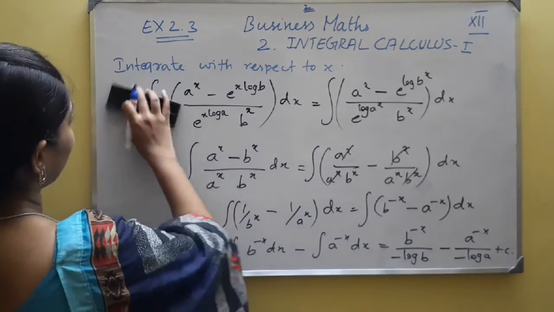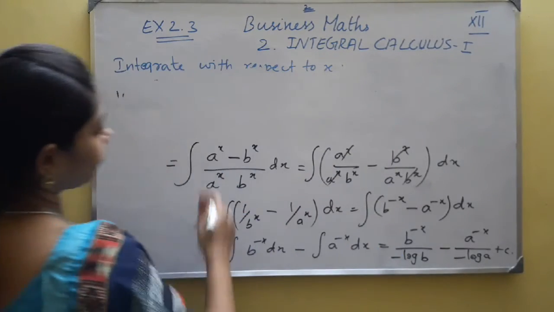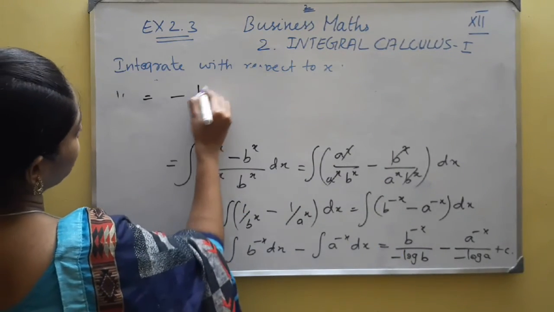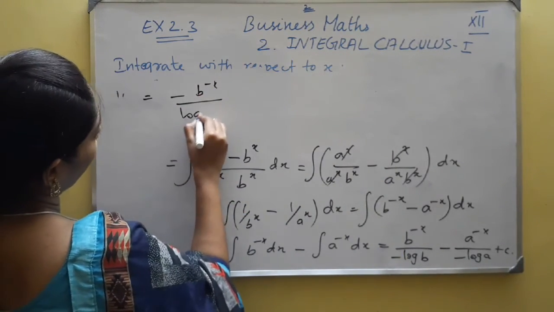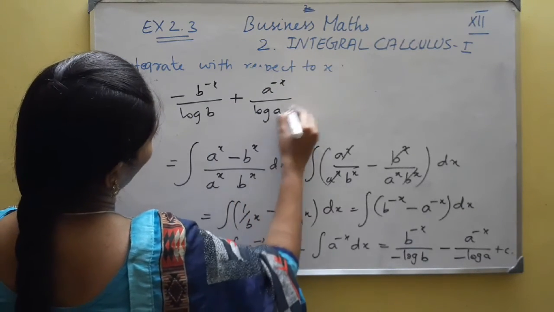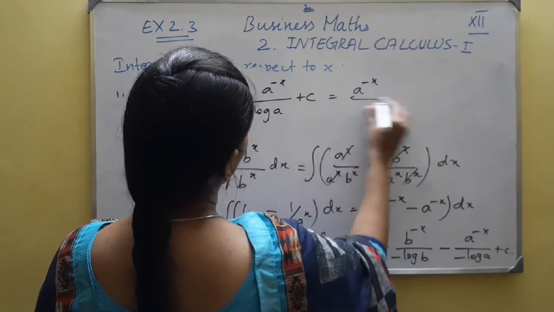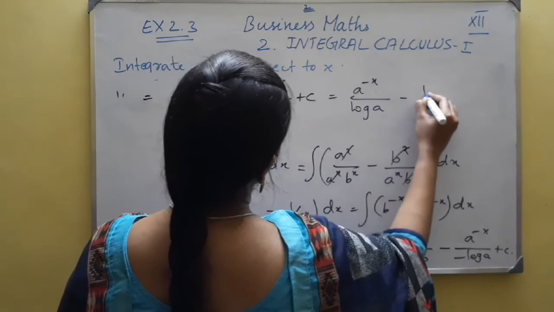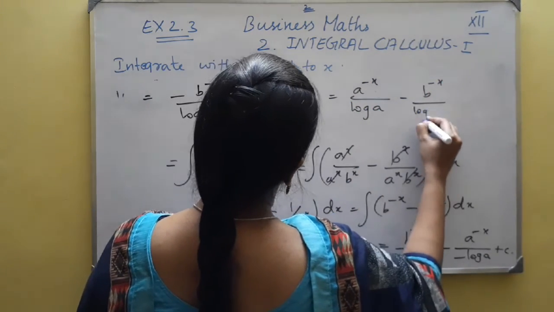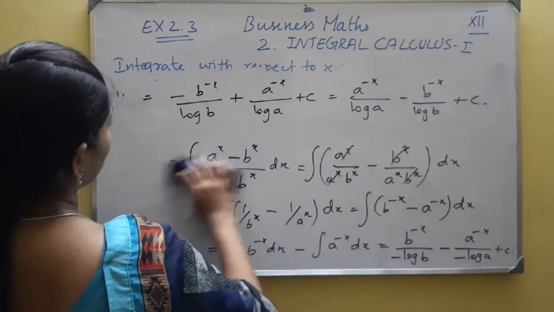So this can be written as minus b^(−x) divided by log b plus a^(−x) divided by log a plus c, which equals a^(−x) divided by log a minus b^(−x) divided by log b plus c. Okay, this we found by using the formula